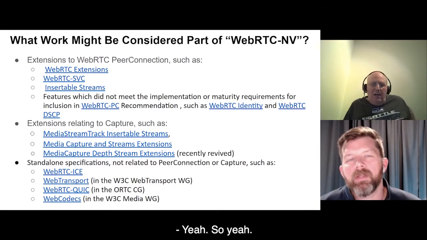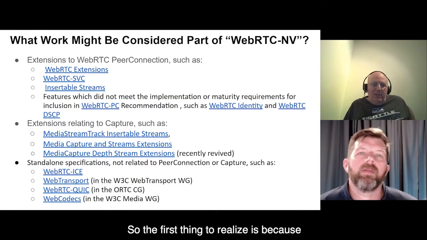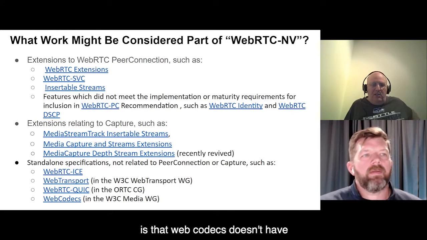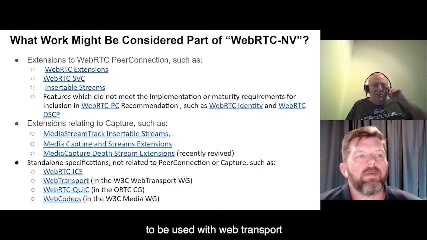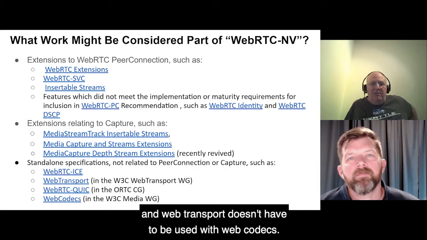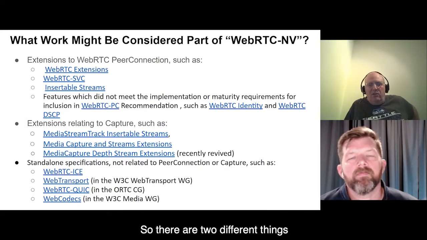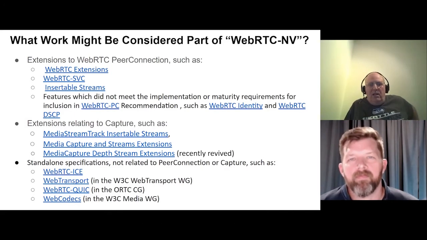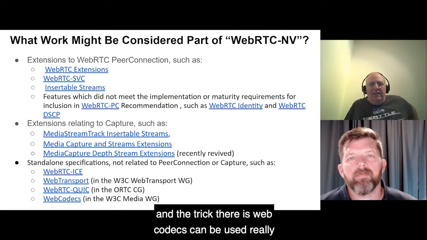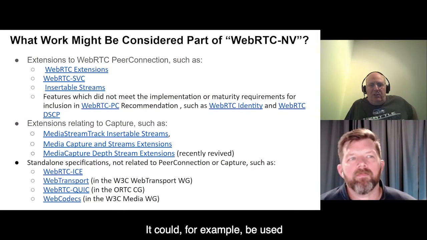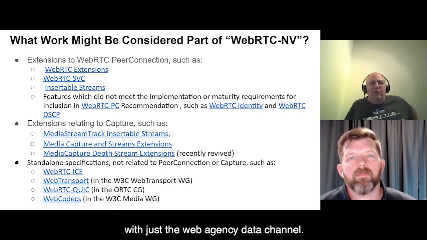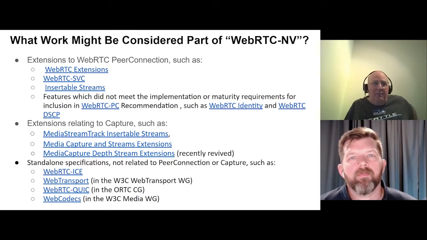Yeah. So the first thing to realize is that WebCodecs doesn't have to be used with WebTransport, and WebTransport doesn't have to be used with WebCodecs. They're two different things. WebCodecs can be used with any transport. It could, for example, be used with just the WebRTC data channel.